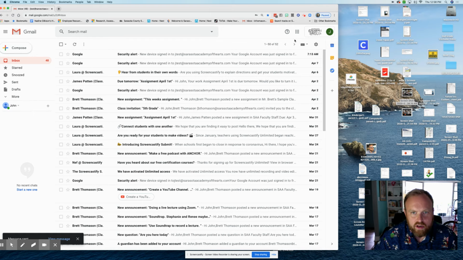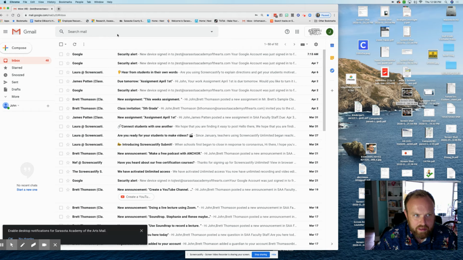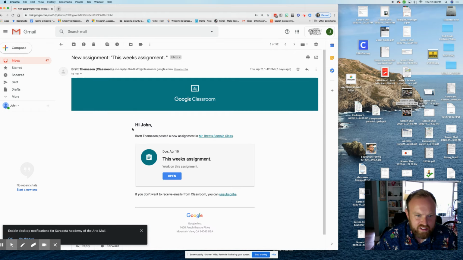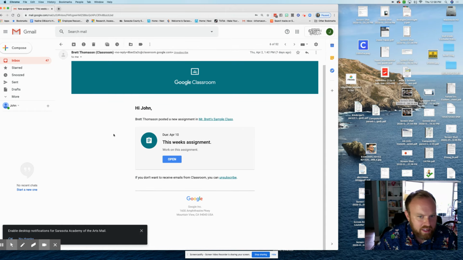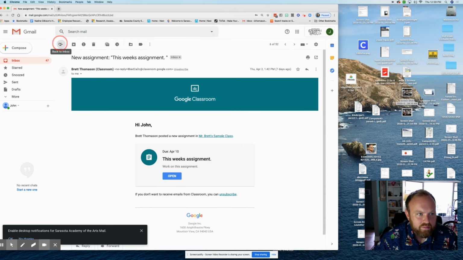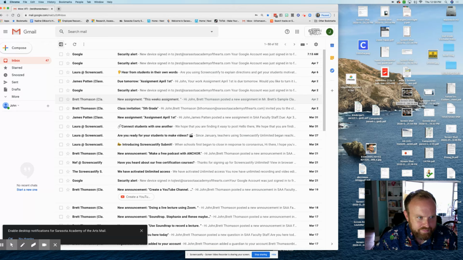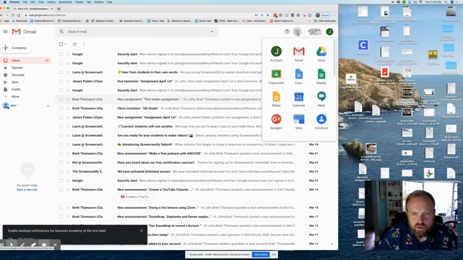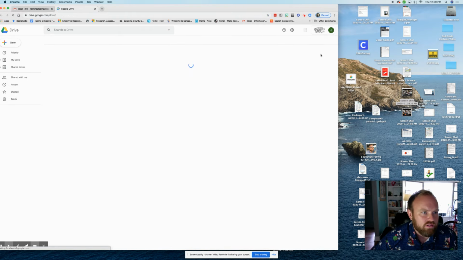The next thing we're going to look at, so this is Gmail, and they can always search their email up here and read what people have sent. And here's an example of what a Google Classroom assignment email would look like. We'll get into Google Classroom here in a minute. So that's email. If I want to go to Drive, Drive is where they will store a lot of their